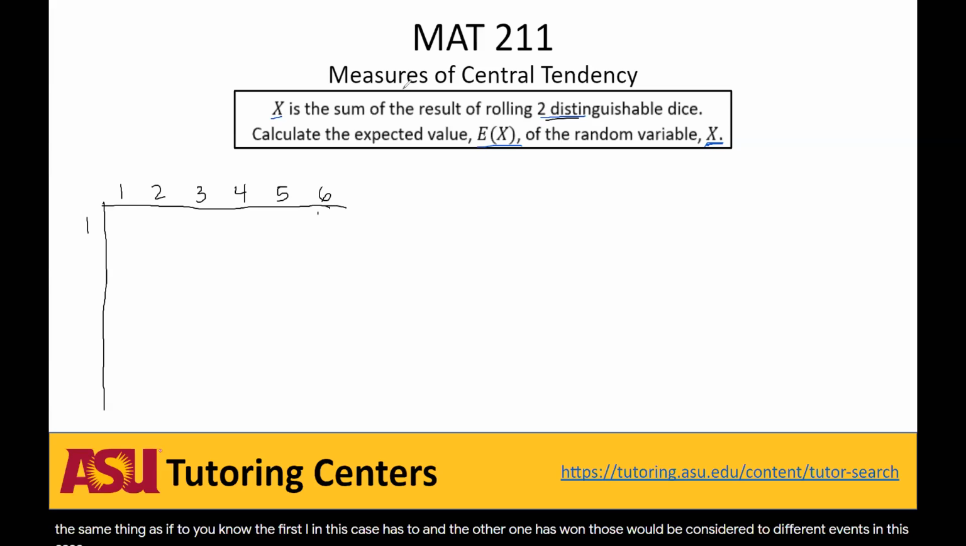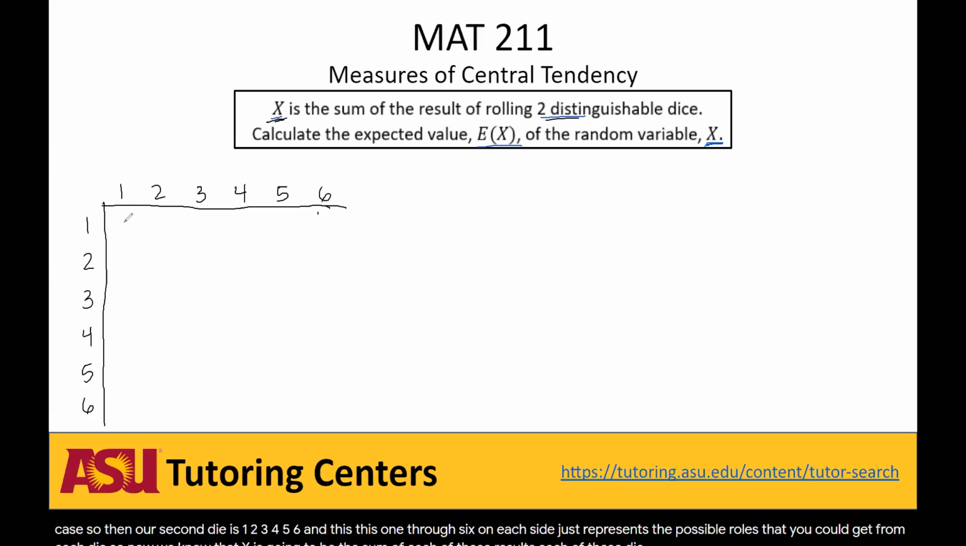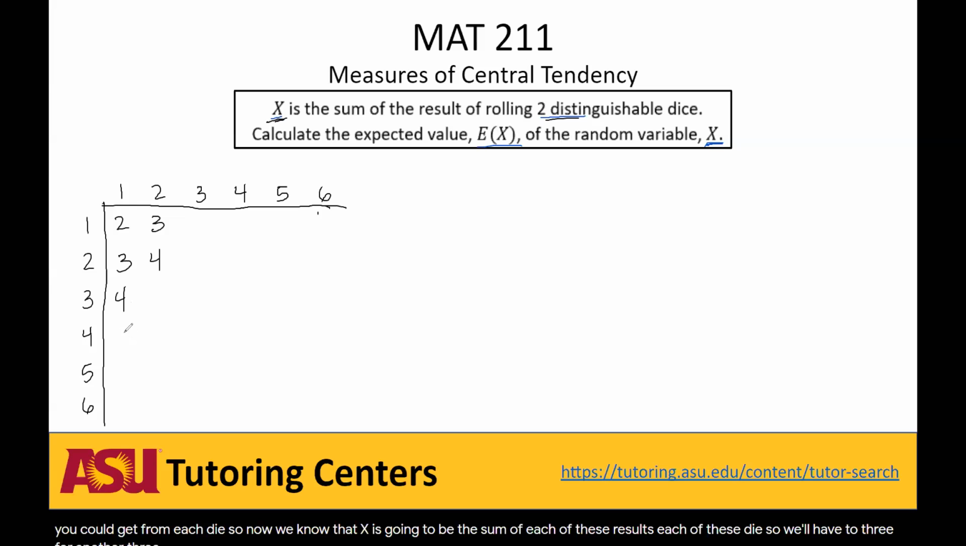So then our second die is 1, 2, 3, 4, 5, 6. And this 1 through 6 on each side just represents the possible rolls that you could get from each die. So now we know that X is going to be the sum of each of these die. So we'll have 2, 3, 4, another 3. We'll have 4, 5, 6, 7. Then in this row, we'll have 5,